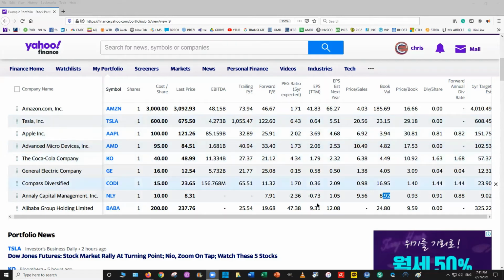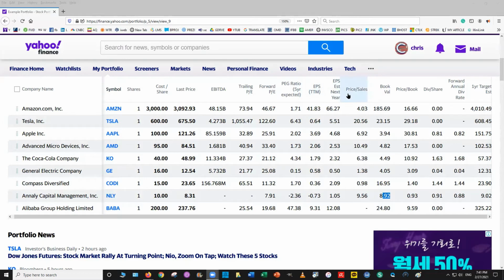Negative is not good. Now, this is Annaly Capital we'll talk about later, but negative means they're not earning per share. But for this company, minus doesn't mean anything because they have to give away all their profits that they make. So it depends on the company. But for most companies, you want to see them making some money.